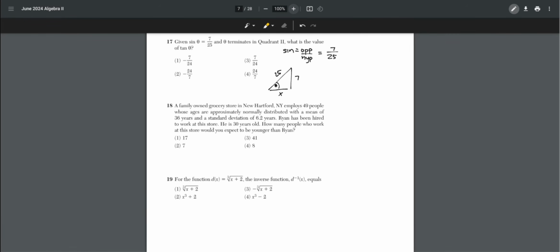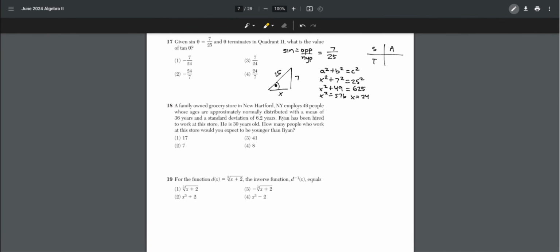We know a squared plus b squared is equal to c squared. Let's input the missing side as x. x squared plus 7 squared is equal to 25 squared, or x squared is equal to 576, and x is equal to 24. However, because this is in quadrant 2, we can use the trick, All Students Take Calculus, and